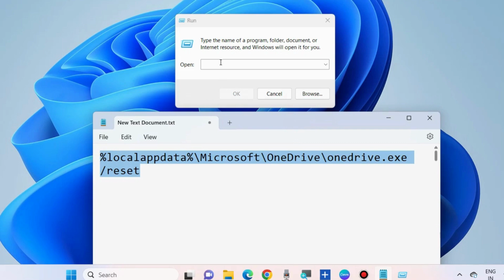Simply copy it and paste it in run command windows. Press OK. It will reset one